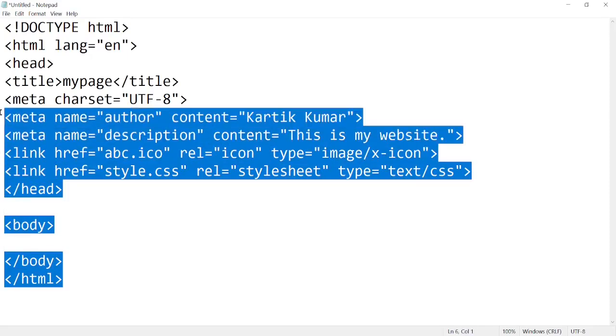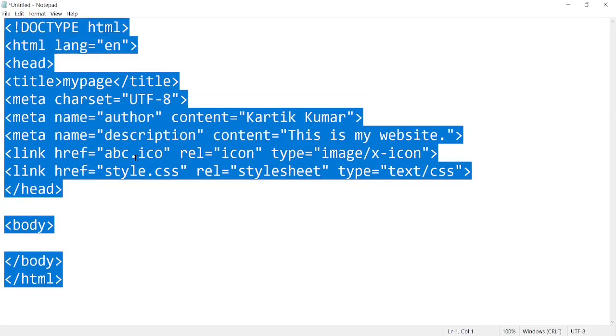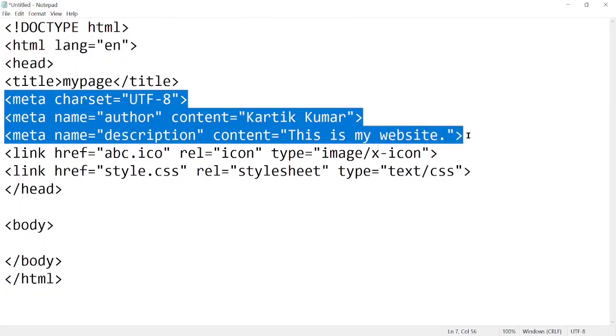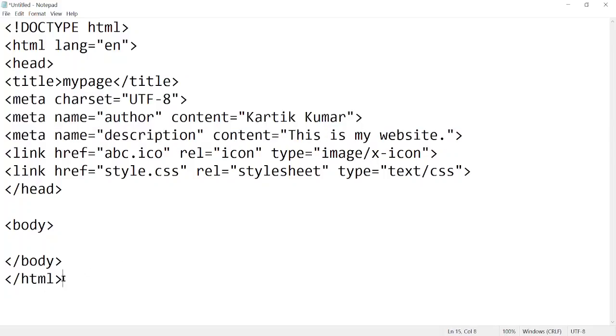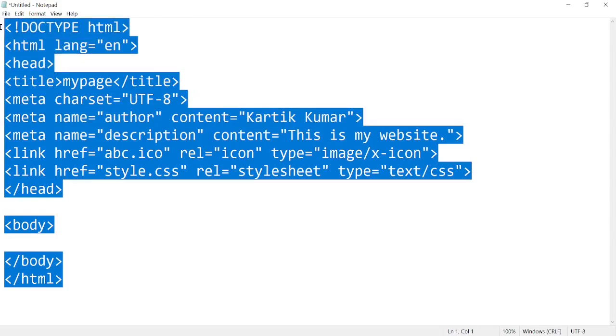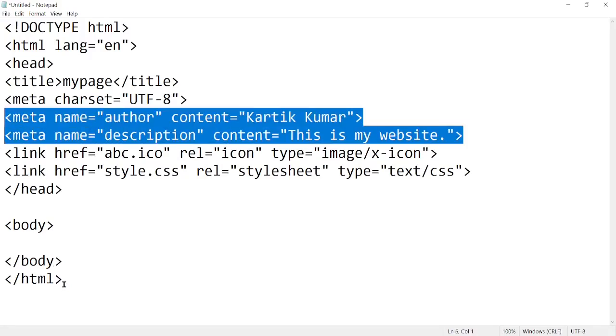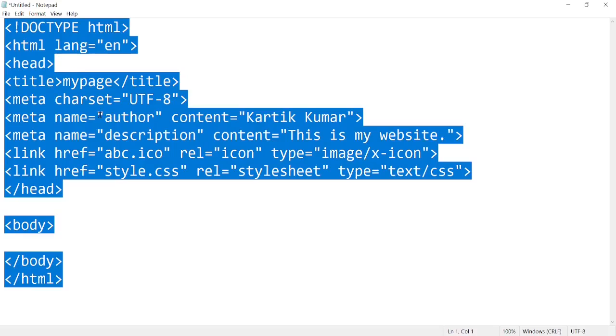Now these are the things which are, you can say, necessary for you to start with your HTML. You will see in the books that these things are not written over there. As I said, these things are not compulsory, but these increase the chances of your website to rank well. So I highly suggest that you start with all the things, because at the end, when you go into any company and create any website, you have to use these things. So it is compulsory over there. So that's it. These are the things which are important, but these are the things which do not have any effect on your web page.